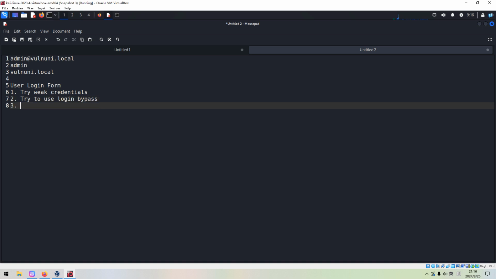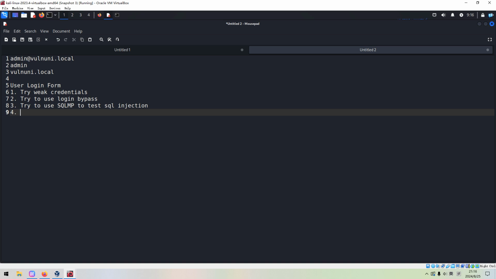And then we can try to use SQLMap to test for SQL injection vulnerability. And if none of them work, then we can try brute forcing. So for the user login form, there are at least 4 ways to exploit. So far we have already tried the first 2. So next we can try this one.